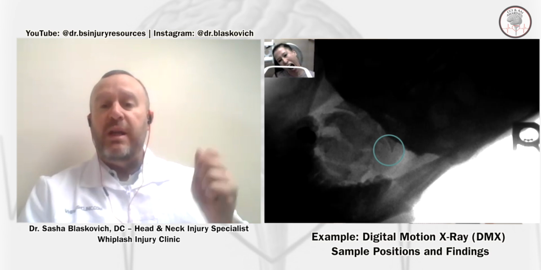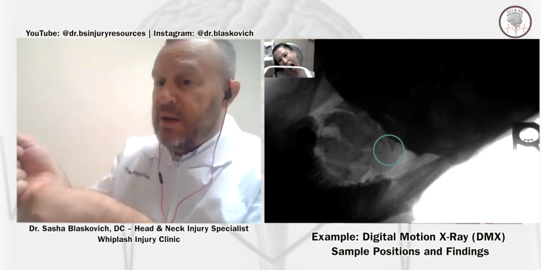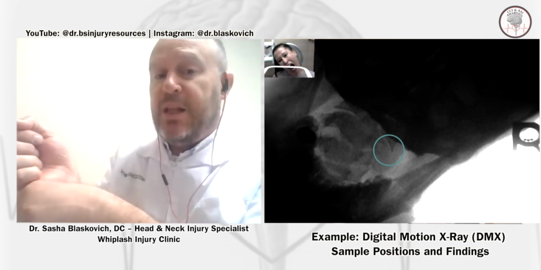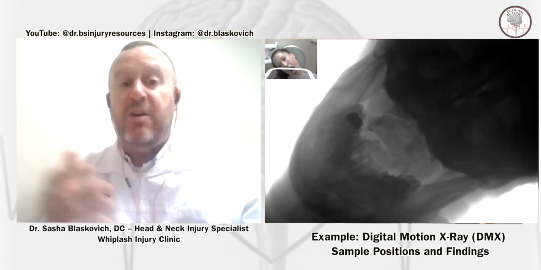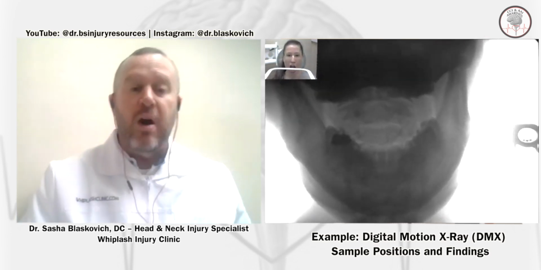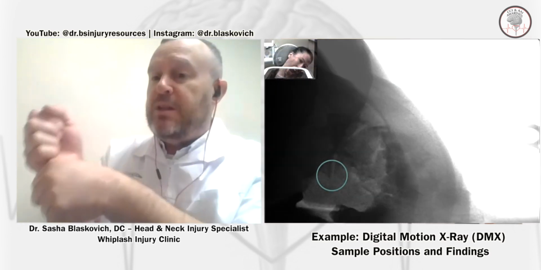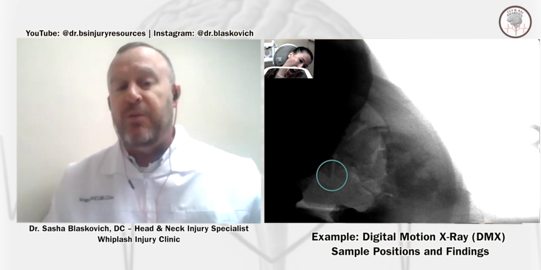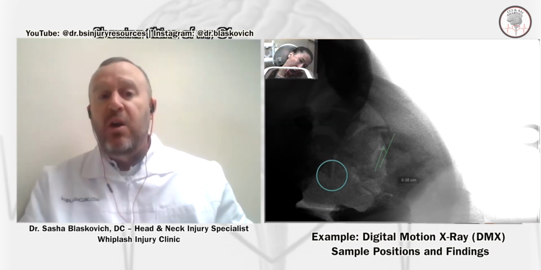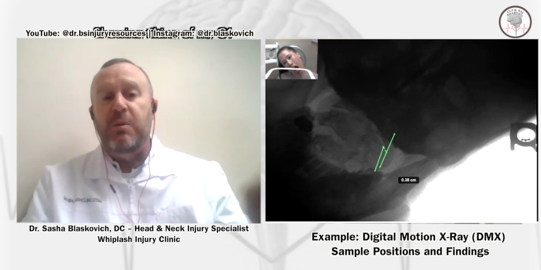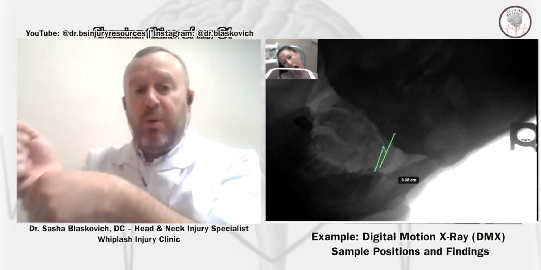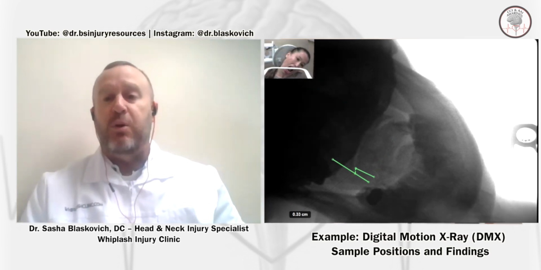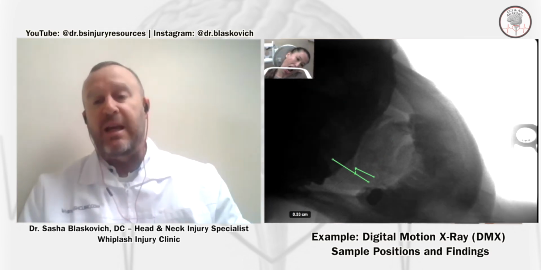But when you get to the endpoint, say you do have instability, and you get to that endpoint, and there's a bone that slips, and you hold that point, that bone will slightly recalibrate because of the neuromuscular desire to relocate things that have gone too far. And so when you get to that endpoint and you get the patient to hold there, because it's slightly recalibrated, you're not getting the full magnitude of how much it slipped. Whereas when you look at the video in real time, you can actually pause it when you see the maximum end of slip or point of slip before it recalibrates. And then that would be where you take your measurement as opposed to just the endpoint that's been held on a static X-ray.